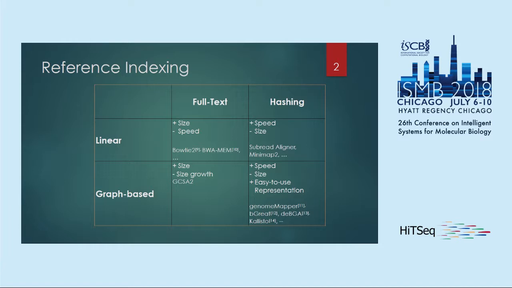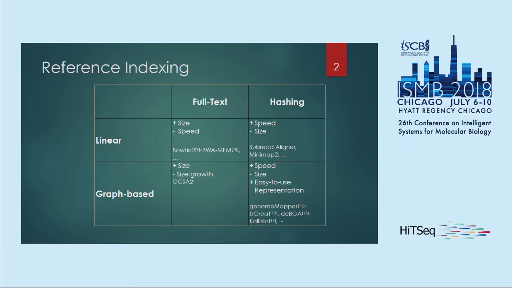for so many different analyses and applications, such as alignment and mapping, quantification, abundance estimation, or metagenomic analysis. We can put all the different types of indexing tools and indexing data structures that we have into 4 different categories. The full text indices are space efficient, but because of not being cache efficient, they have a large constant penalty at query time. And hashing-based indices, on the other hand, have pretty fast queries, but they grow large very